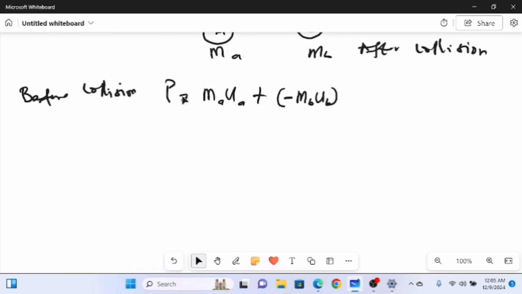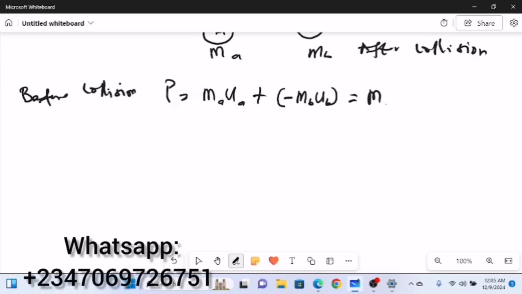So before collision, if you evaluate this by taking off the brackets, our momentum is going to be equal to mass of A times initial speed of A minus mass of B times initial speed of B. This becomes momentum before collision. Now after collision, you're going to have